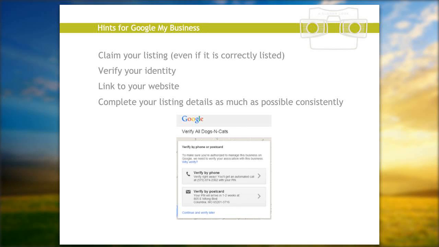So it's important in that listing that you have the correct link to your website, and that you use the same link throughout every single directory that you put online. What I mean by that is when you have a domain, sometimes if you have www. your domain name, you'll get to your site.